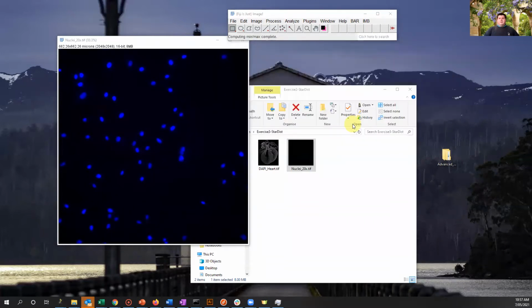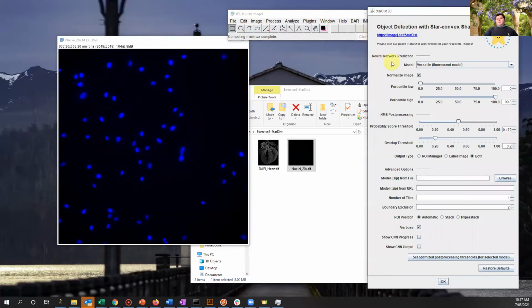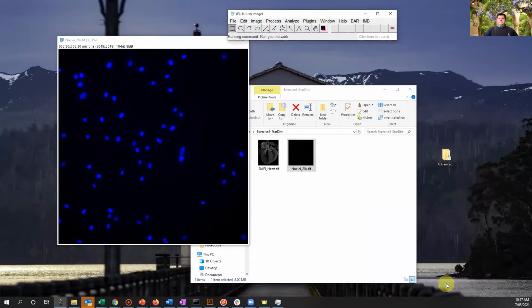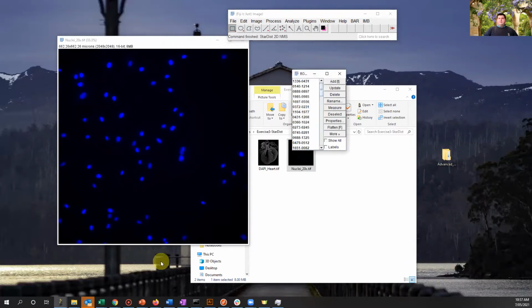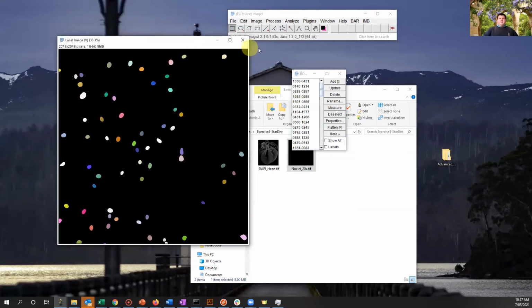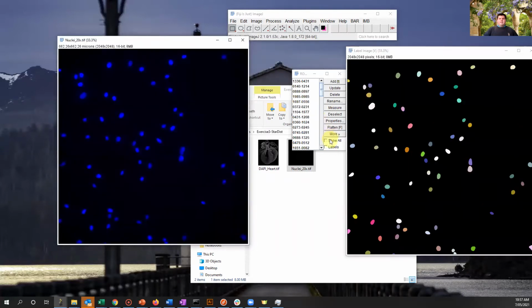And click run. Now, normally you could go into the plugins and scroll down to select it. I have so many plugins that they're not displaying on my window, so I'm using the navigation and the search tool to bring them up. But you should be able to just scroll down to plugin StarDist and run them. So running that network again on this image, where obviously there's fewer nuclei than before. It's very fast. It's found our nuclei, and we can see that it's doing a really nice job of selecting